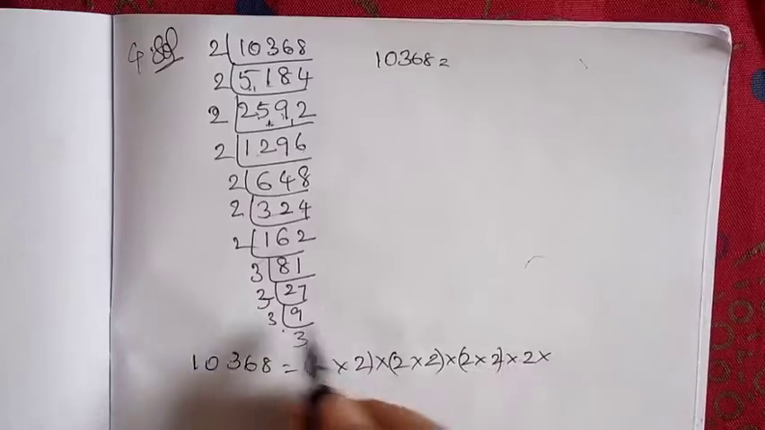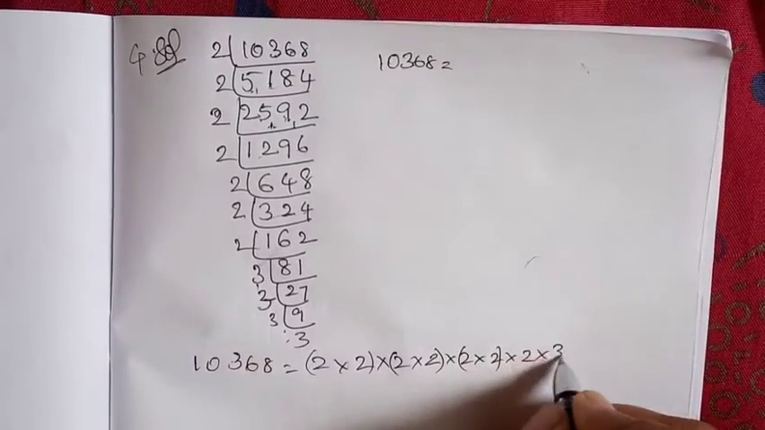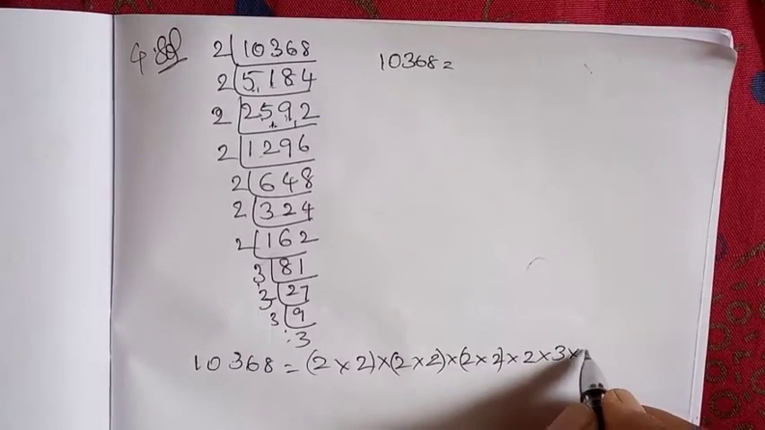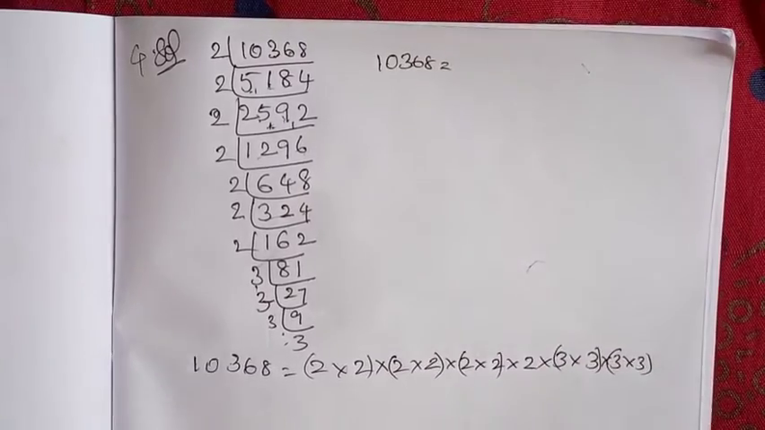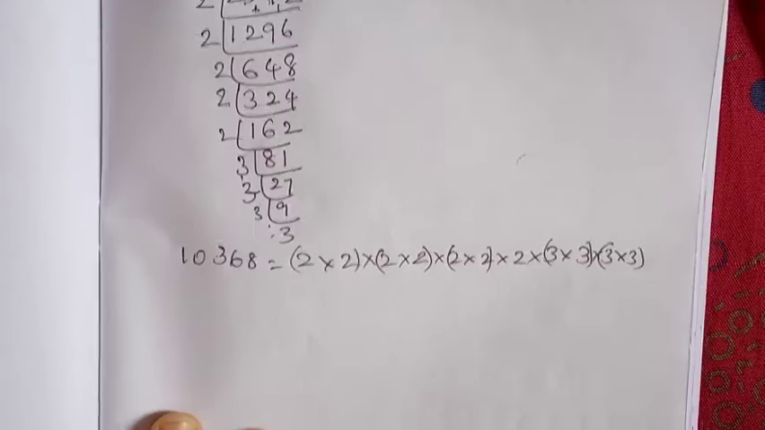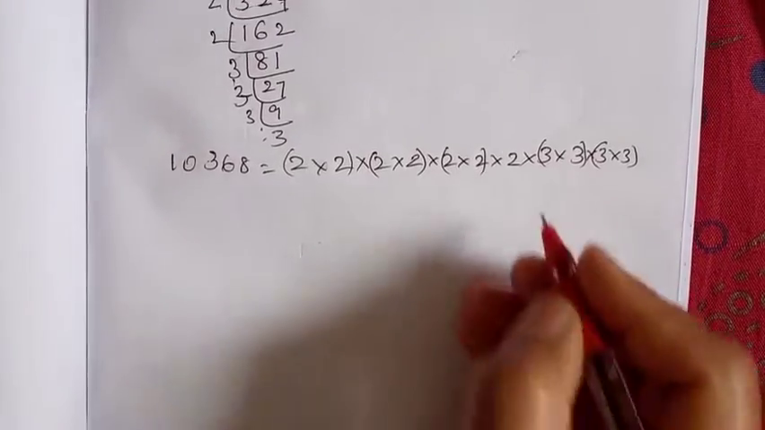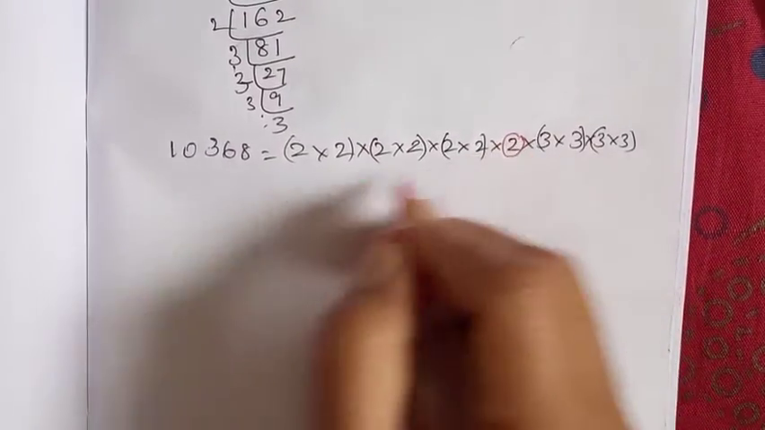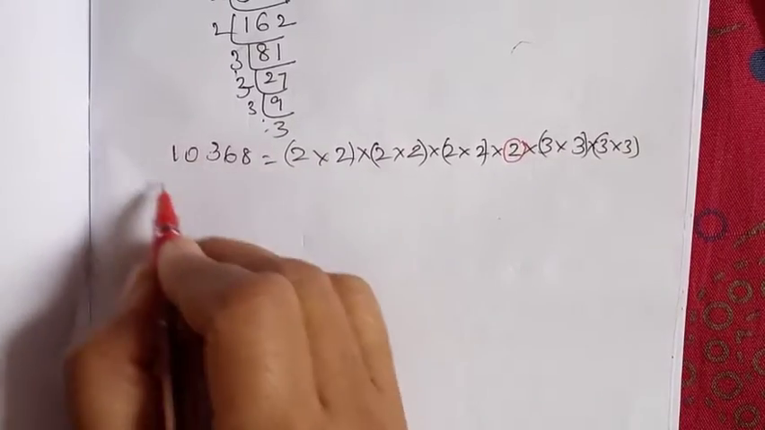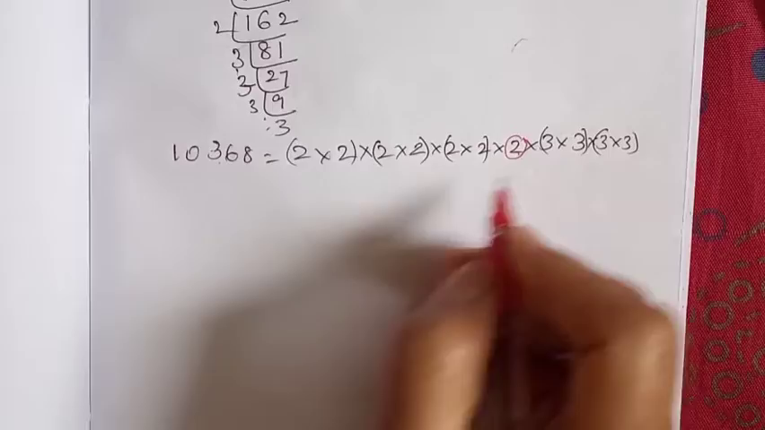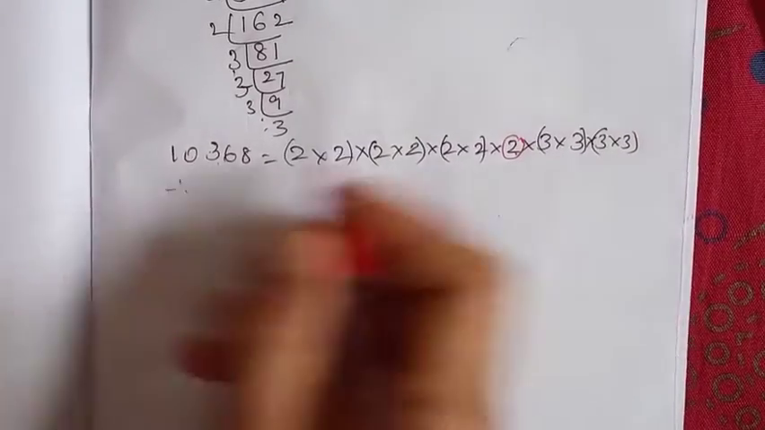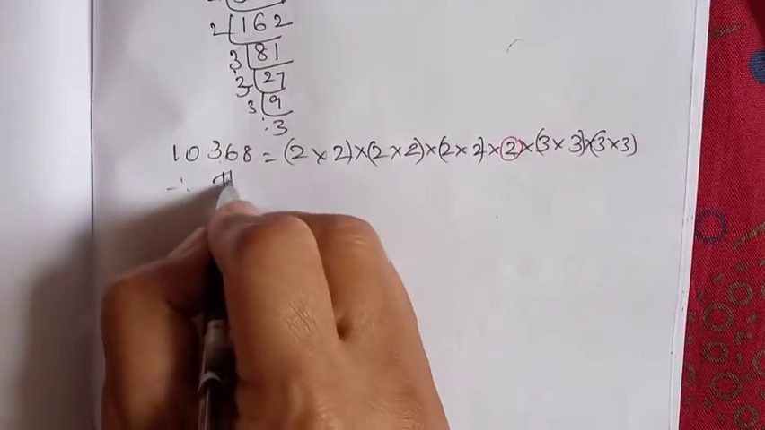How many threes are there? 4 3s are there: 3 into 3 into 3 into 3. Make them in group. What is the number left over? The leftover number is 2. So this number will be divided by 2 to get the perfect square. Therefore, the number should be